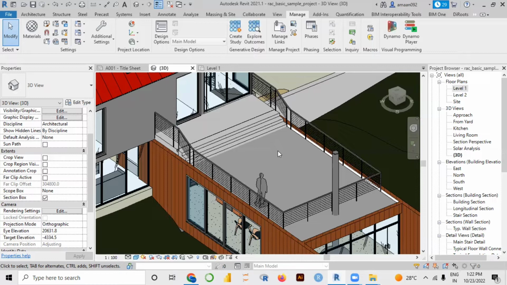Those models and drawings were not updated or aligned as per whatever existed on the site, because of which a lot of delays happened in the project, and a lot of cost variations happened in the project. So